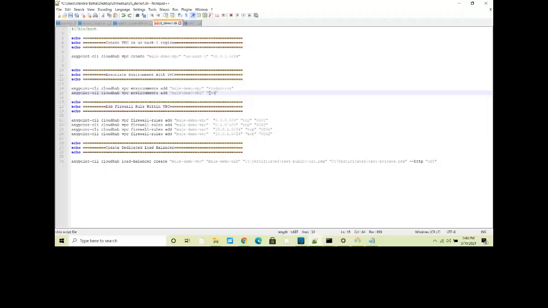If you want to do it from the GUI, right now I have only one environment. I don't know what happened. So I got it, right? You can update your script, and in the script you can associate multiple environments. If you want to associate a third environment, you can pass a test environment like that. So you just keep on passing the environments.